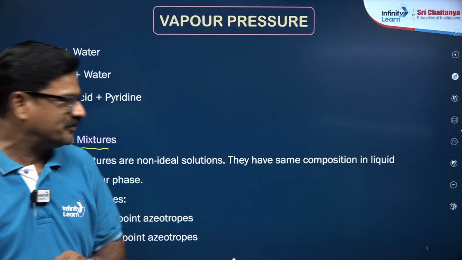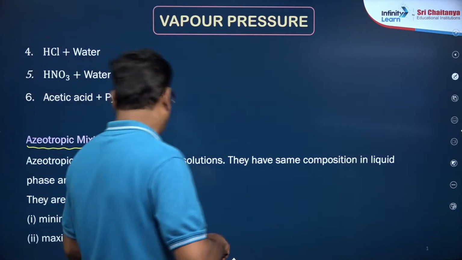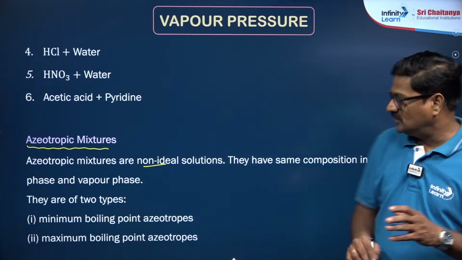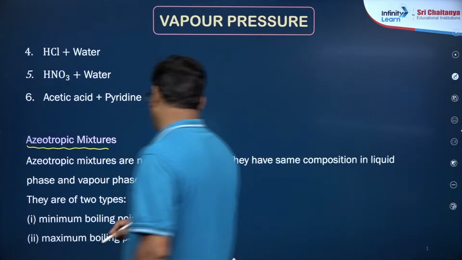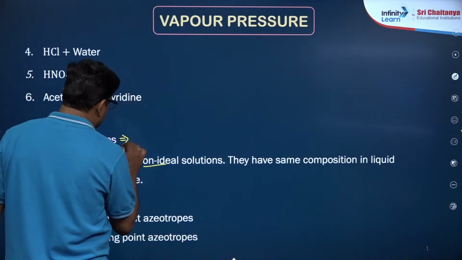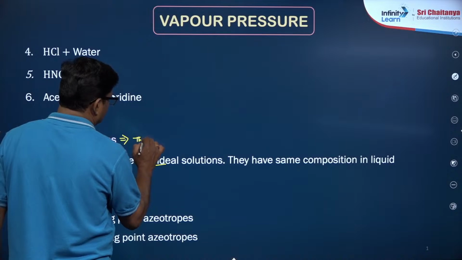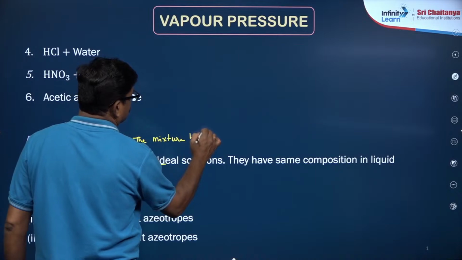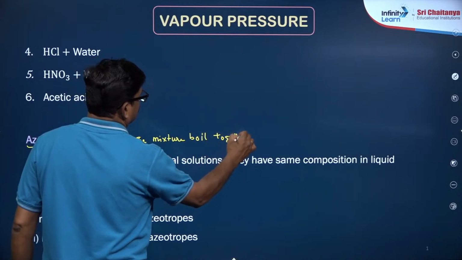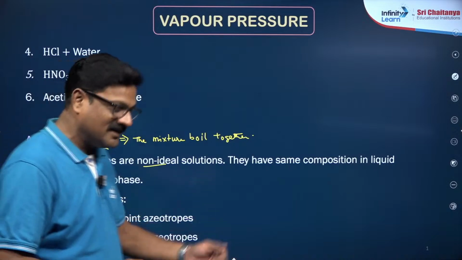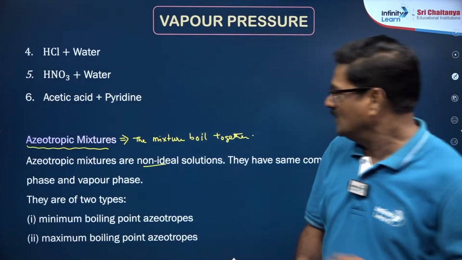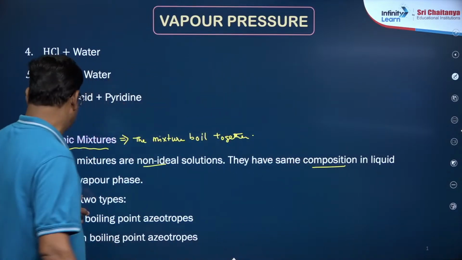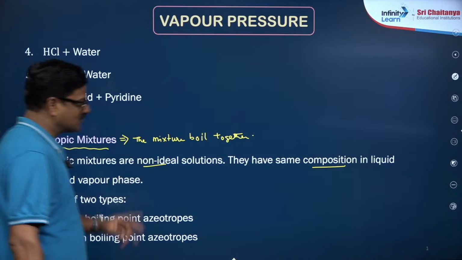Yes, Ayush Gupta. So, azeotropic mixtures are actually non-ideal solutions, of course. They have the same composition in both liquid phase and vapor phase, and also they boil together. An azeotropic mixture is a mixture that boils together. Boiling means converting liquid phase into the vapor phase, है ना? So, actually the composition in liquid phase and vapor phase is the same. So, I just want to say here,